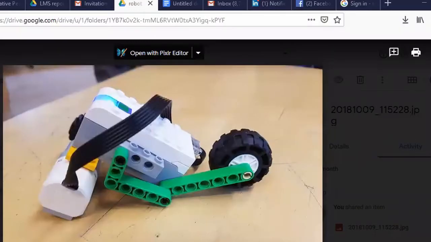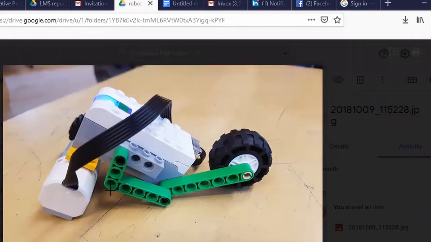So for example, this is one of the designs that I got. It's very simple, but it's workable. If I gave them the instructions from the beginning and a manual, you would see the students building a robot with four wheels, the common Lego design in the manual.